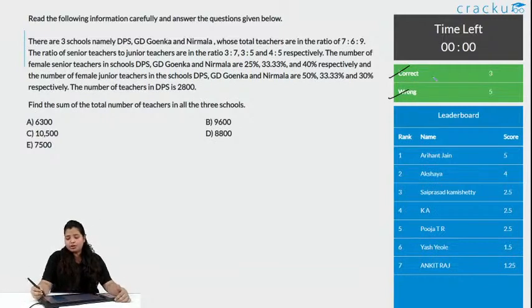Power cut, oh no problem, you can see it in your mobile phone data. Chalo, this was the caselet type, a simple thing required, just extract the data. Now, let us go to the next DI set,